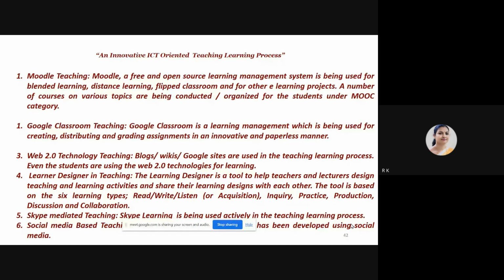So the flipped classroom is one of the good methods. Start using MOOCs and Google Classroom teaching. Google Classroom is the learning management system where, madam, yes, I post all my assignments and my classroom teachings. Yes, it's a very great learning tool, and in Google Classroom most of us are not using the features.